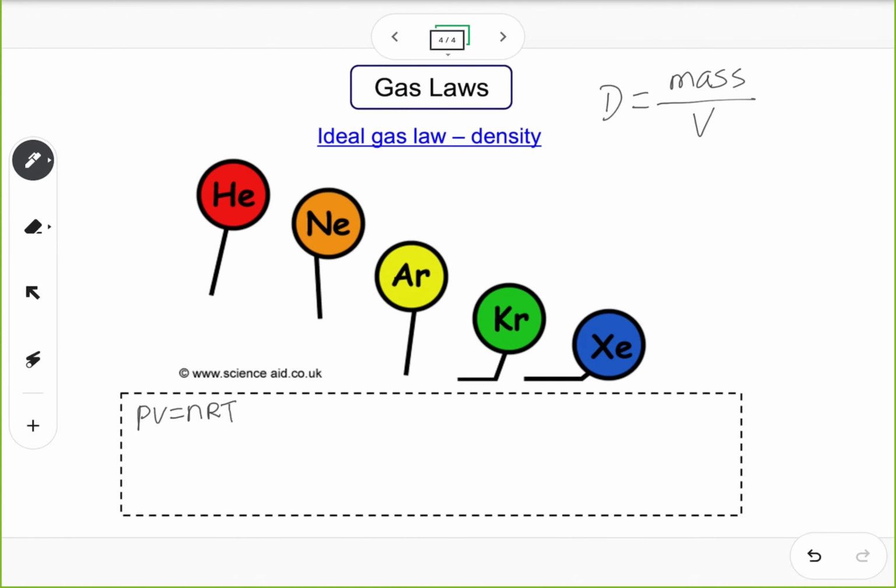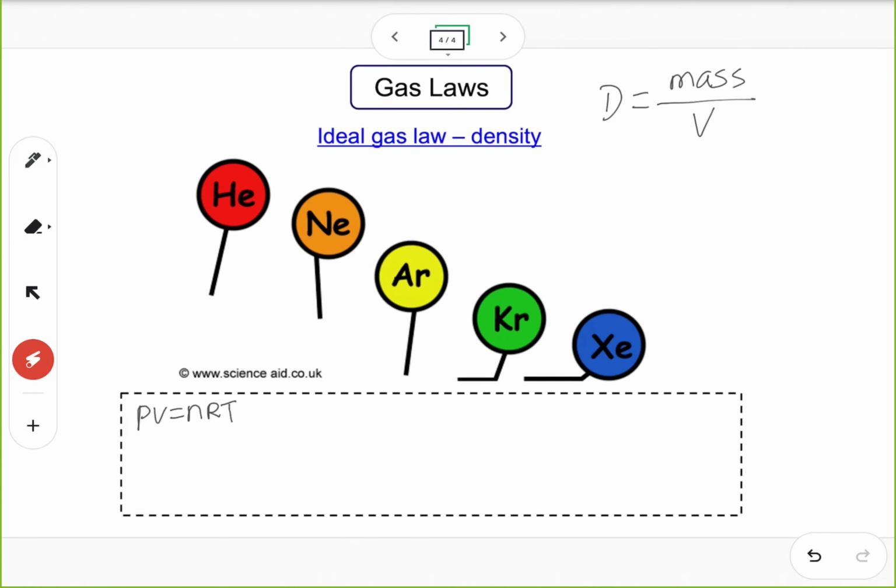Apparently you have the volume involved in the ideal gas law. And how about mass? Mass is not directly related to the ideal gas law, but if you take a look at this, the mole number is related to the mass. So in other words, in order to find out the density of a gas,